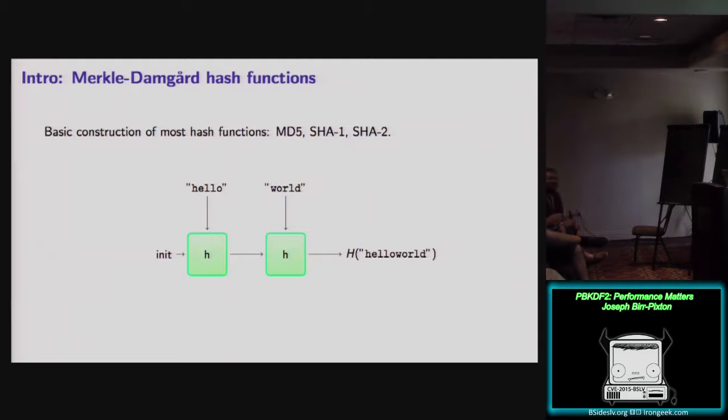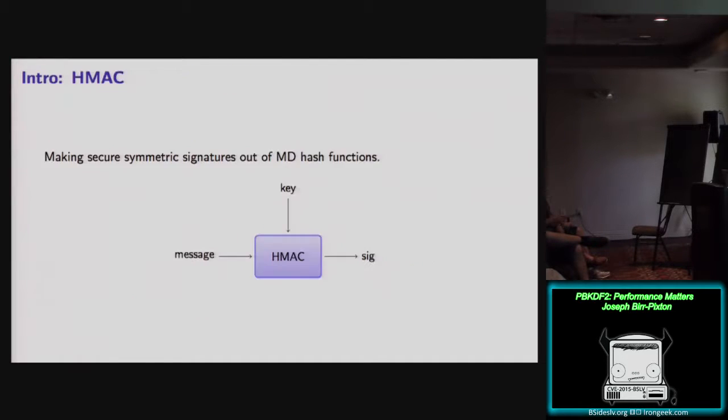She's very pretty. So, Merkle-Damgård hash functions. This is a construction for making hash functions out of a relatively simple unit called a compression function, and you feed in your message in blocks of a particular size, and then at the end you get the result. This is a simplification because there's some padding on the right that you have to do to make sure that messages going in are prefix-free, but whatever.